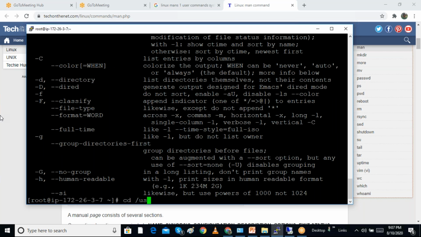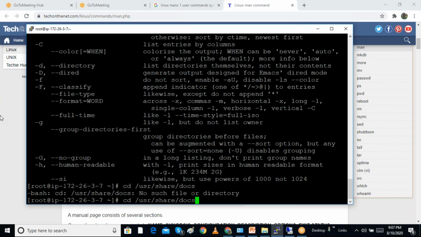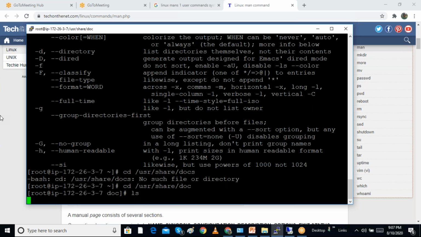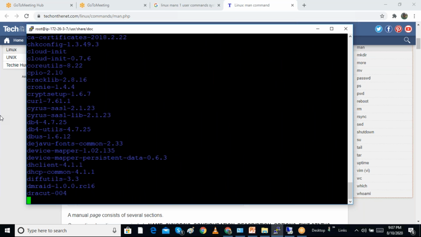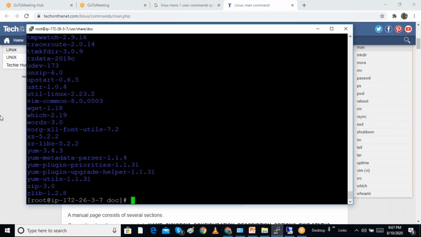Also we can go to the /usr/share/doc folder. We can see some documentation available there, including some PDF documentation. Every program has its folder here. If I want to get the help for m4, I will cd into m4-1.4.3.